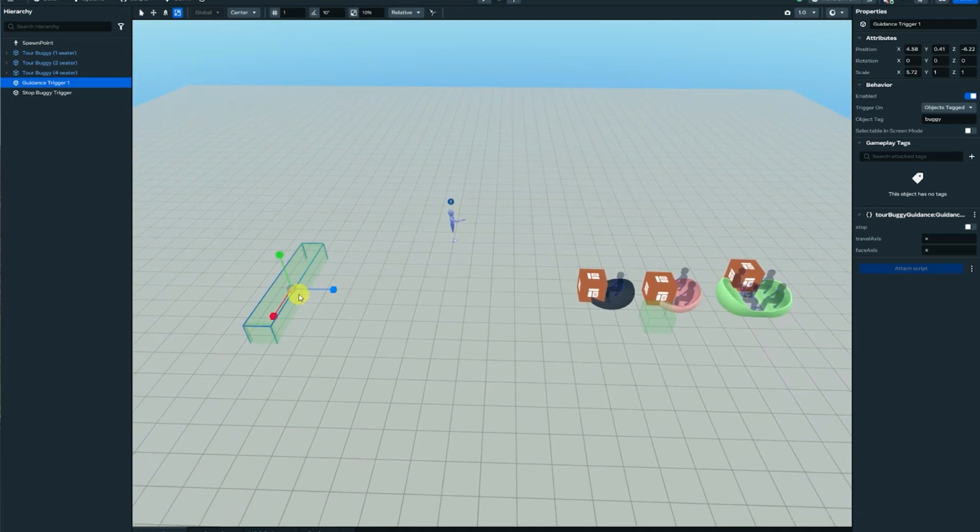Now, one thing I want to bring your attention to is that when you click the guidance trigger in your hierarchy, the properties show up, and if you come down towards the bottom, you have a stop toggle. If you toggle this, the trigger will stop the buggy, and the travel axis and face axis will not affect the buggy at all. When the buggy stops, it returns to its starting position. So wherever you place the buggy at, it will return there when it stops, and it will reset the UI